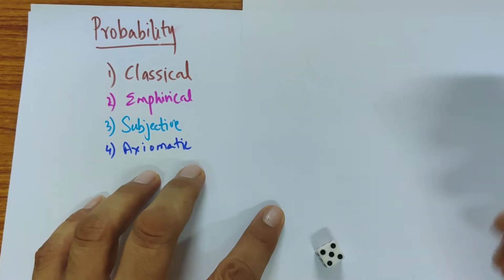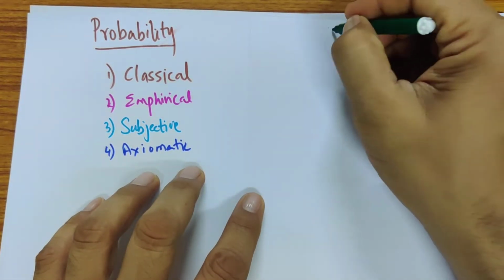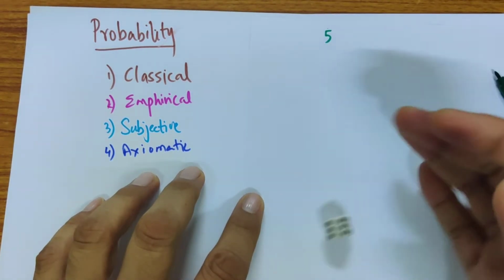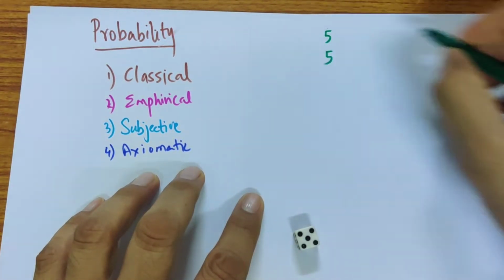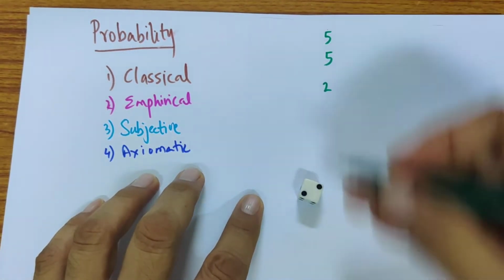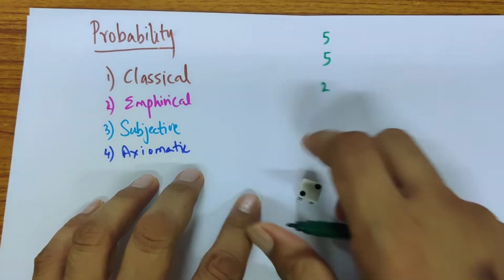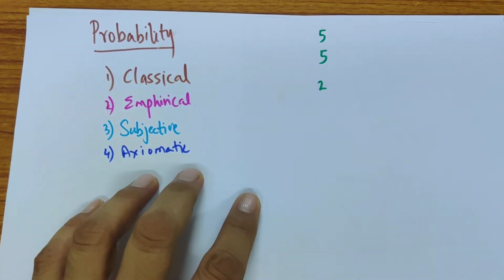So if I roll a dice and I get 5 and I say, okay, I'm going to write all these numbers down. I got 5. Then I roll a dice again. Then I get another 5. And I roll the dice again. Like this I keep rolling dice for the trials, and I have hundreds of trials, and then from that I try to estimate what is, when I roll it next time, what may I get.